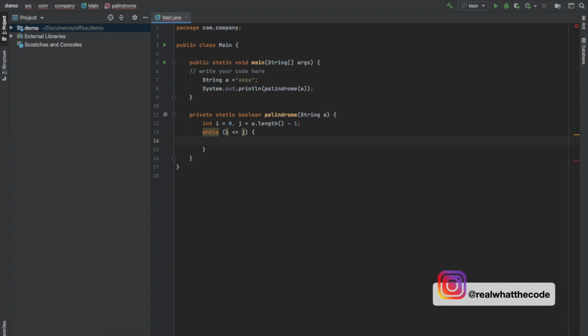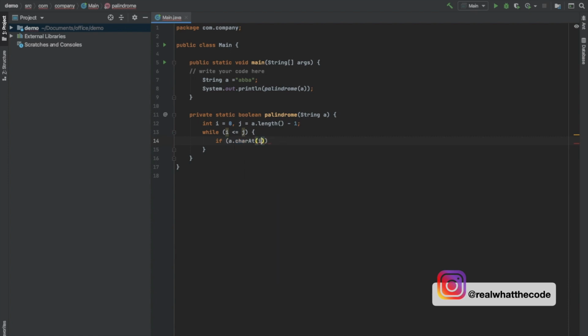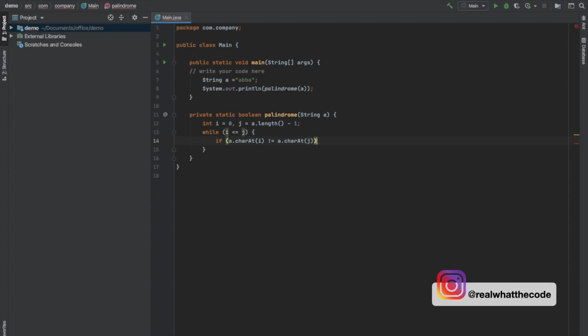Now we will check if the character at the ith index and the jth index are equal or not. So we will write: if a dot charAt i is not equal to a dot charAt j, then we will just return false.